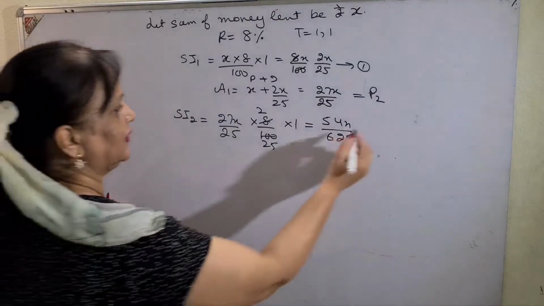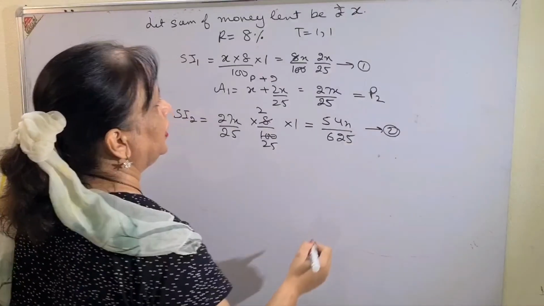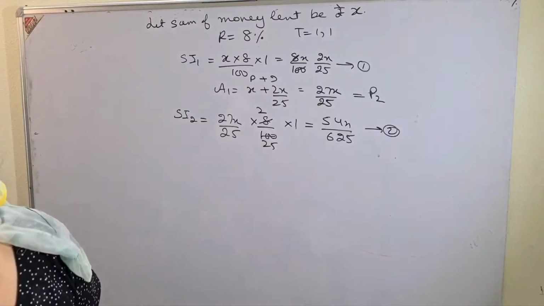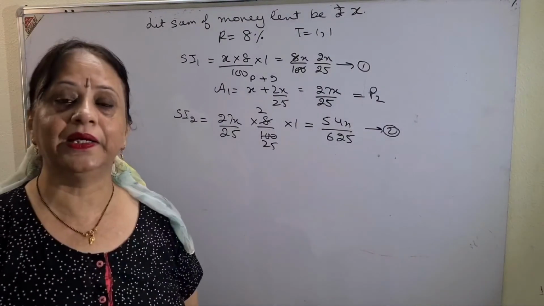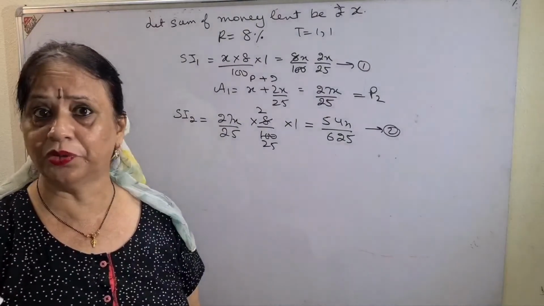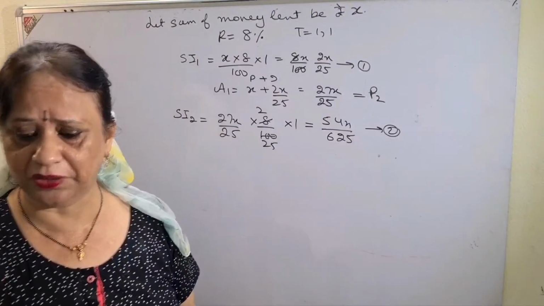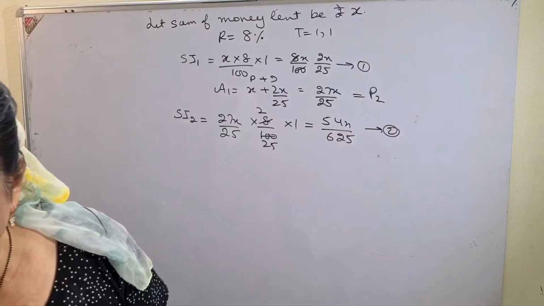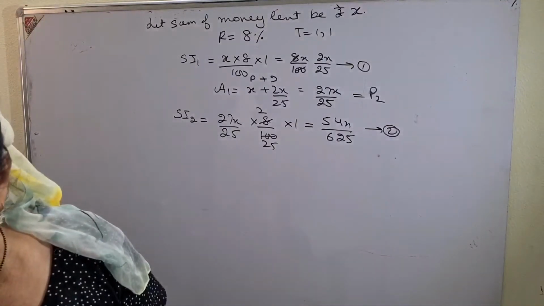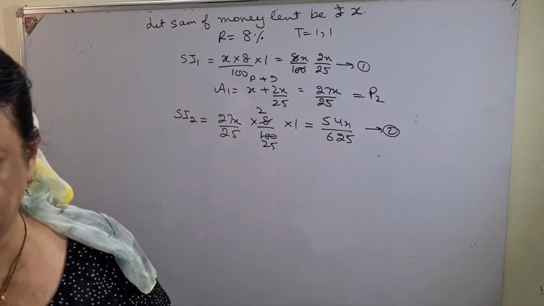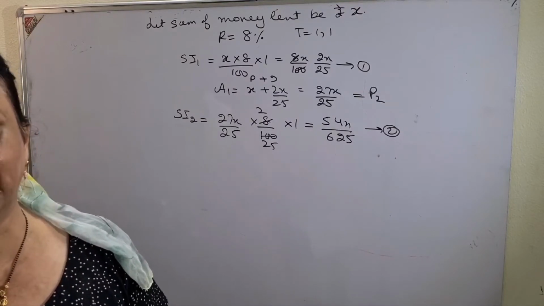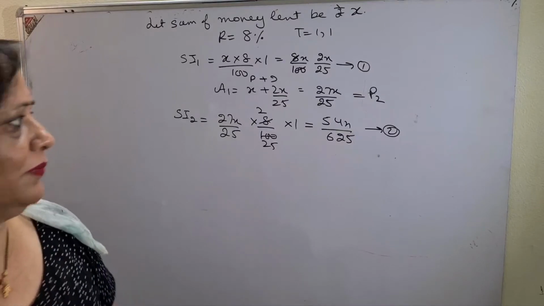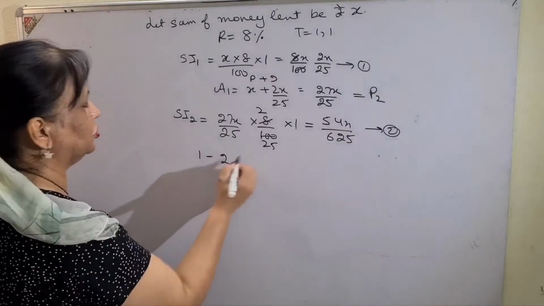Now he says, number 2, that the difference means interest. Understand the word interest. It is not said amount. Interest for the second year exceeds that for the first year. Underline it, children. Interest for the second year exceeds means it goes ahead of the first. Second year minus first year means 2 minus 1.